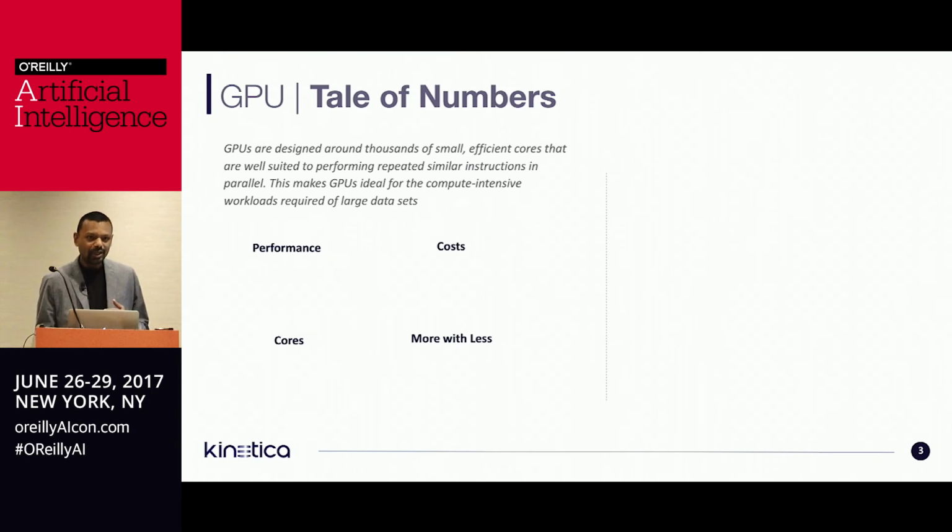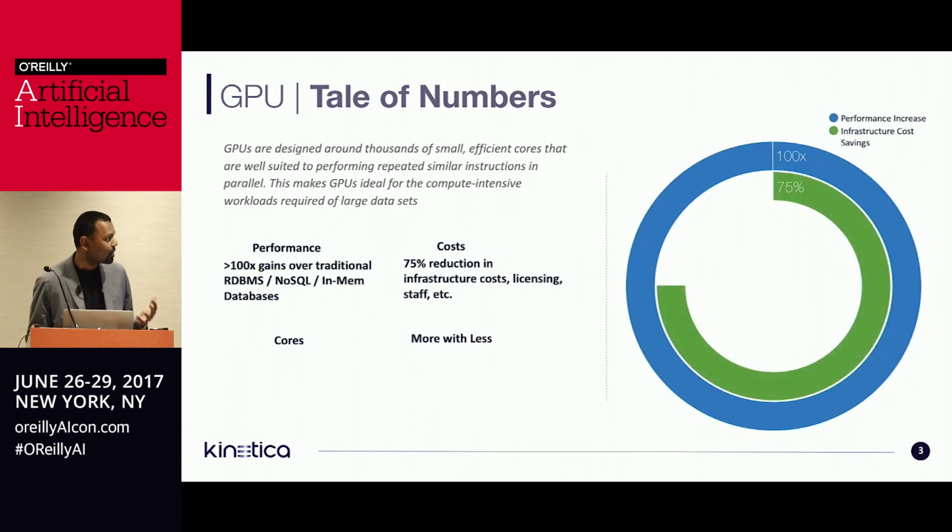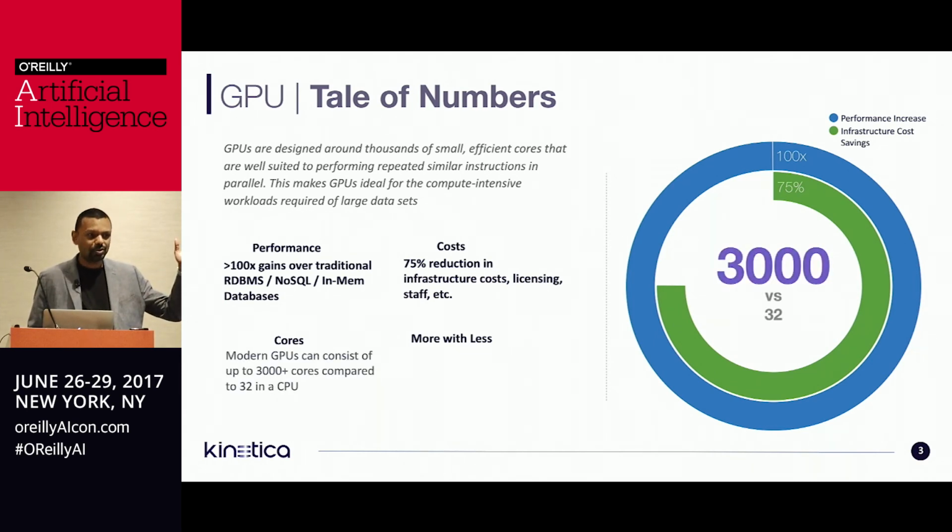Today we'll talk a little bit about where we are now, what the different capabilities are, how we help with machine learning and deep learning, and how the power of the GPU helps with this. Show of hands, how many people today use GPUs in your current projects? Okay, a couple. For those who haven't used GPUs, the power of the GPU is in the parallel